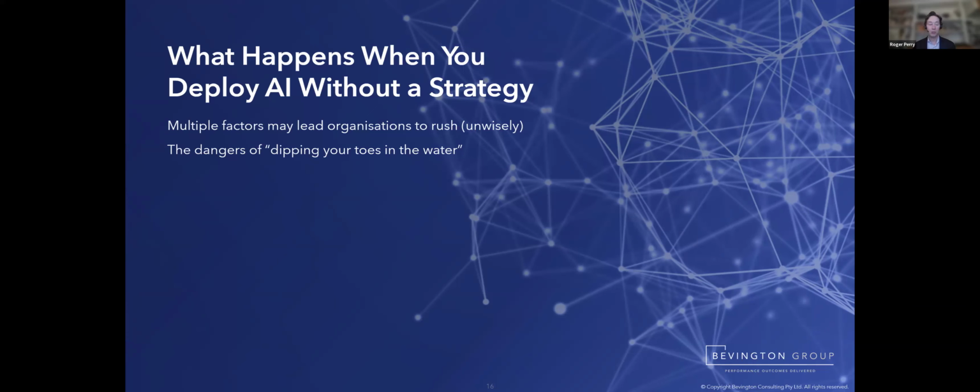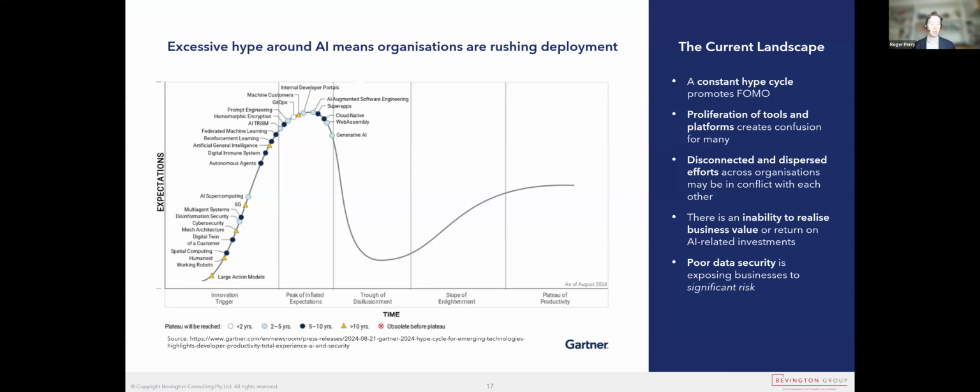So what happens if you don't use an AI strategy? Well, it is worthwhile saying at this particular point that hype is a problem. Now, we're not saying it's not moving fast. We actually do think things are moving fast. But if we look, and this is thanks to Gartner and their hype model here, we've got an innovation trigger. It could be we're at the peak of inflated expectations.